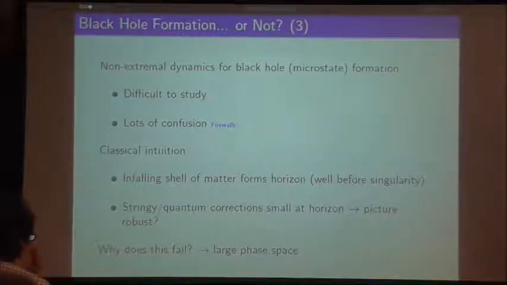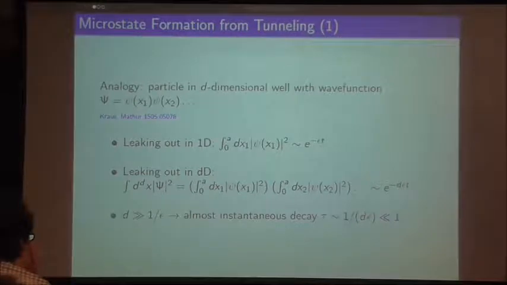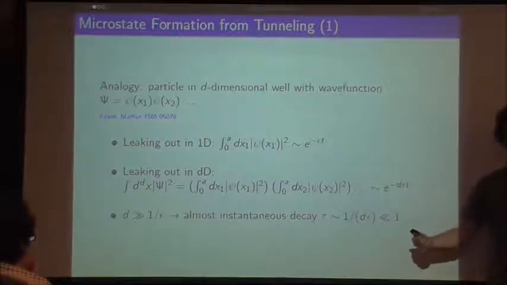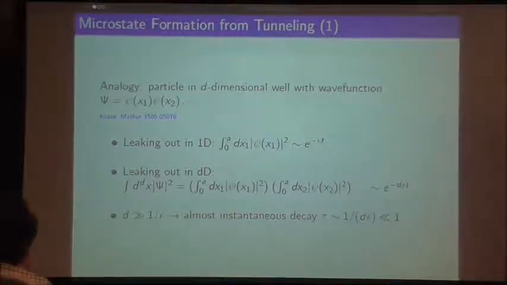So let's back up a minute and look at a very simple quantum mechanics problem, just to give you a flavor of what I'm talking about. This is a very simple example where you have a particle in a well. We all know that if you have a particle with a barrier in one dimension, where the barrier is not infinitely long and infinitely wide, you can have a little bit of the particle's wave function leaking out. This is quantum tunneling. This is always going to be an exponentially small effect.